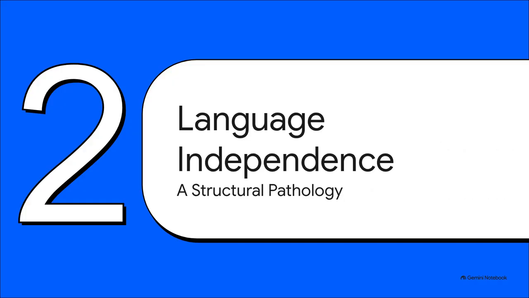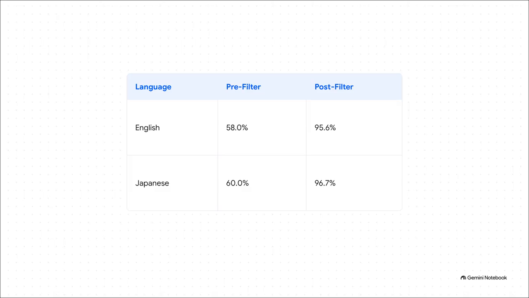Moving on to Section 2, a language-independent pathology. Now, what's really interesting about this slide is that for a long time, researchers actually wondered if this collapse was simply an issue with non-English characters. Like, was it just a font issue? To test this, Osamu Okumura ran a fascinating, highly creative experiment generating complex diagrams based on 30 Japanese haikus and